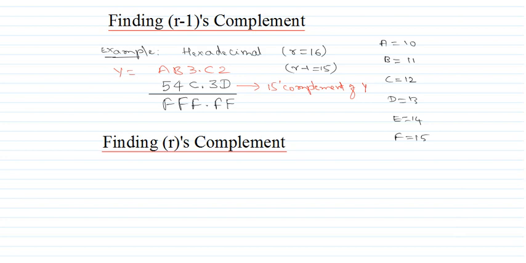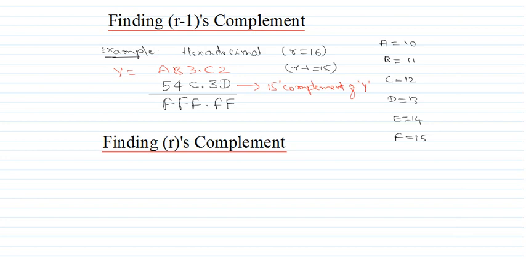of Y. Okay, so I hope you understood, right? So for this number, we have to just add another number such that my sum positions will become all F's here. So the number which is added here to make the sum 15, 15, 15, 15 here, that is the 15's complement of a given number.